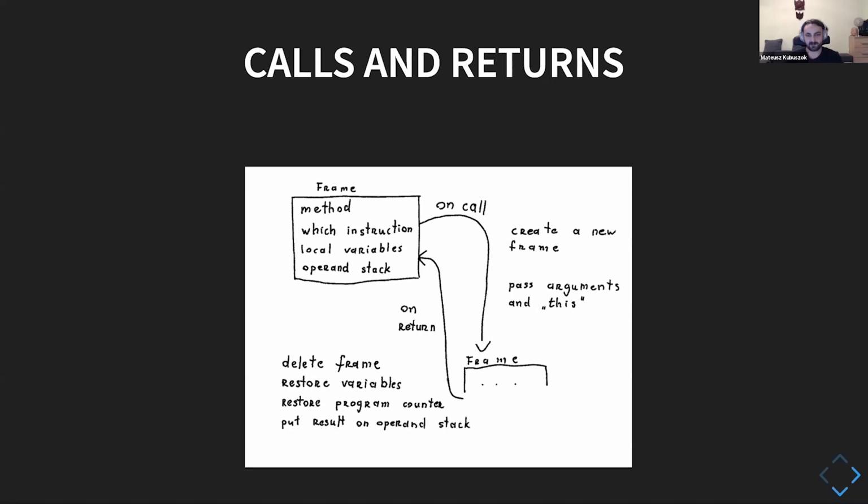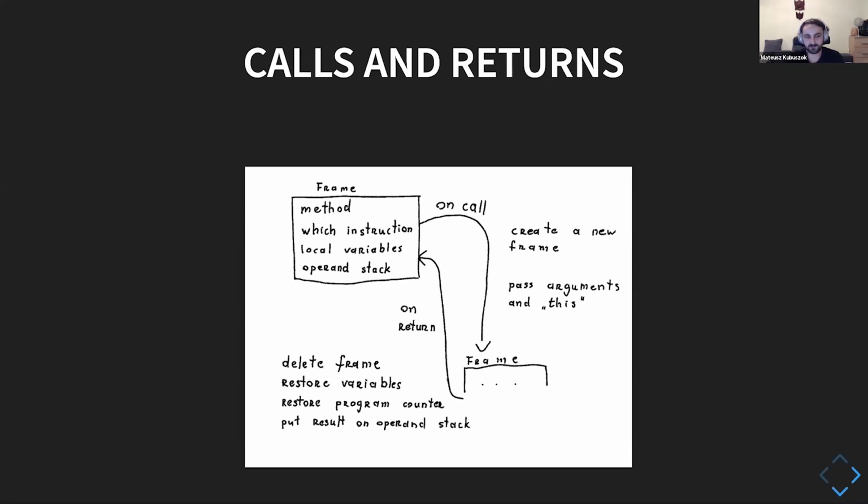If this is a method called on an object, so invokevirtual, you can guess that one of those local variables initialized will be this, which we could use to refer to the methods and fields inside the current object. And if it's just a static call, then we would only have the local variables initialized with the arguments.